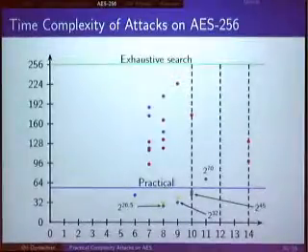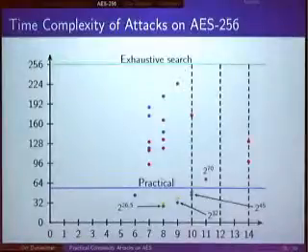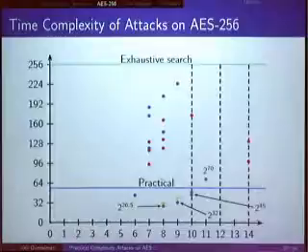Sorry? They all require oracles, right? They all require chosen plaintext or chosen ciphertext capabilities, under the related key or the related subkey model. So, of course, we require some knowledge about what's going on, but I will discuss a bit later that it's not as bad as it sounds.